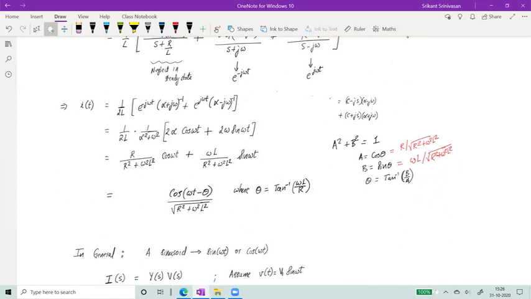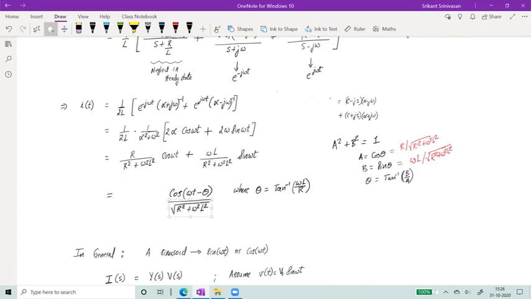Only difference is that there is a phase shift of theta and some scaling factor, right? Because the input is a voltage, output is a current. What we are calculating, the driving point current, is going to be voltage divided by resistance, and the square root of R square is like a resistance term. So that's there. That's expected.